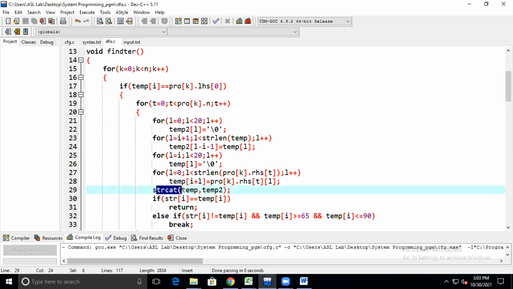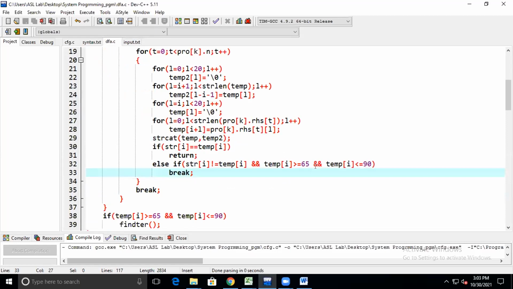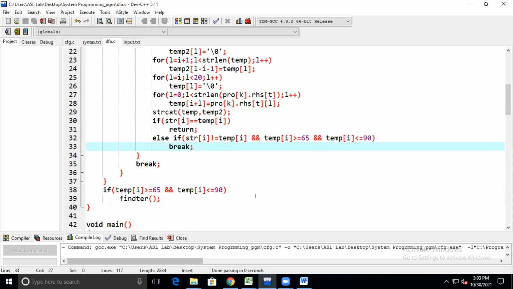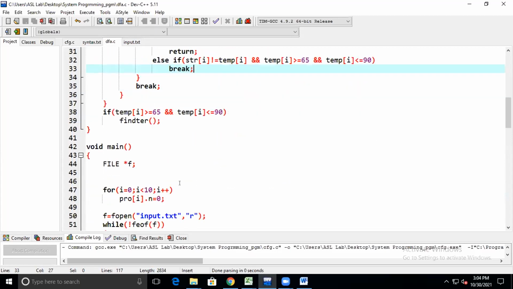So strcat is taken for temp and temp2. Temp2 and temp1 are already defined over here. Otherwise, you have to display and break that statement and return the value 0. So the main program, I am starting from here.